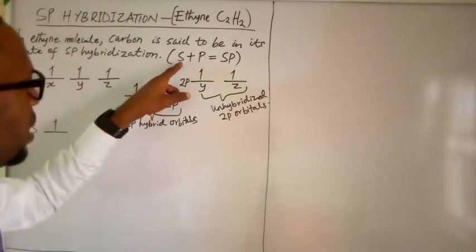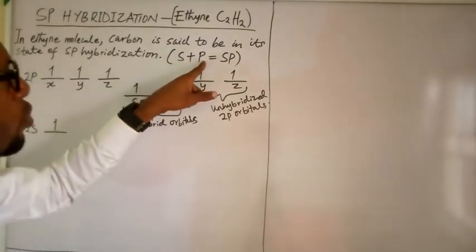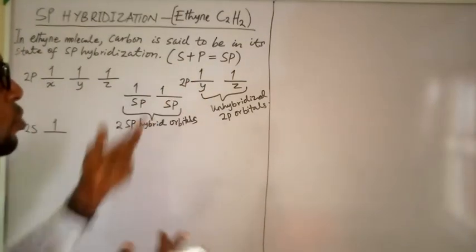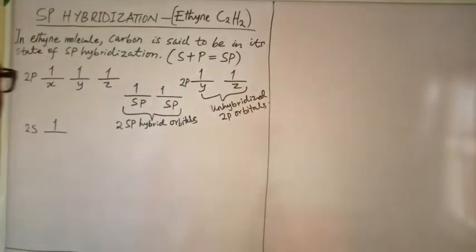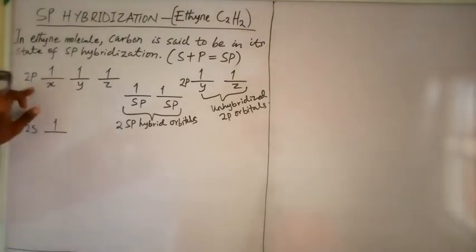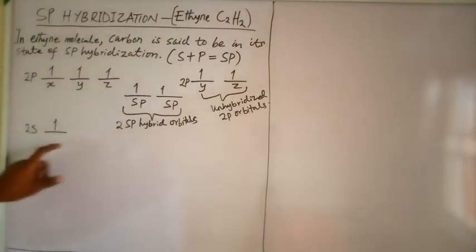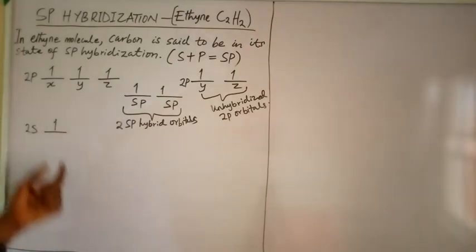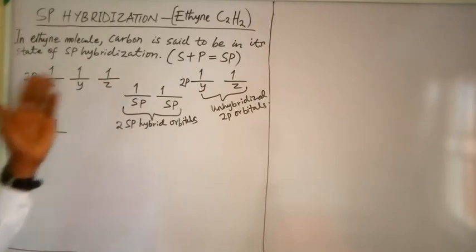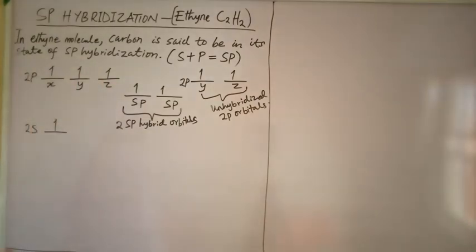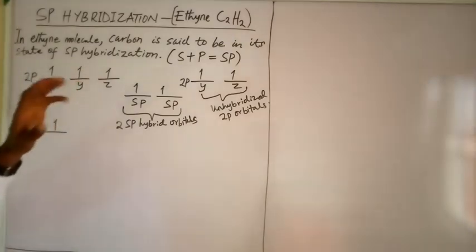So if we are taking one s orbital and one p orbital to mix, that means we mix two orbitals, so we're going to have two sp hybrid orbitals. Nice. So reverting back to our energy level diagram, we have the p orbitals, which are x, y, and z, and of course we have the 2s orbital, which has only one electron as well. All of these degenerate orbitals also have one electron. Carbon in the valence shell has 1, 2, 3, 4 electrons.